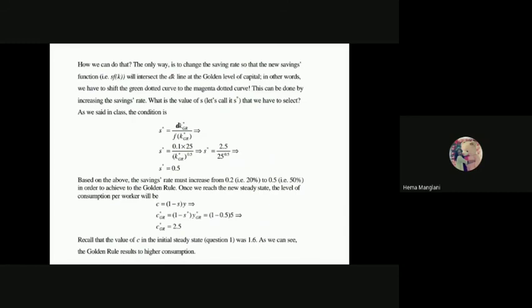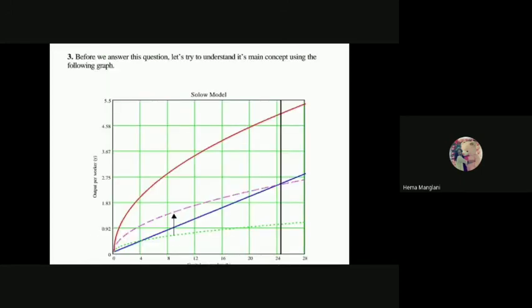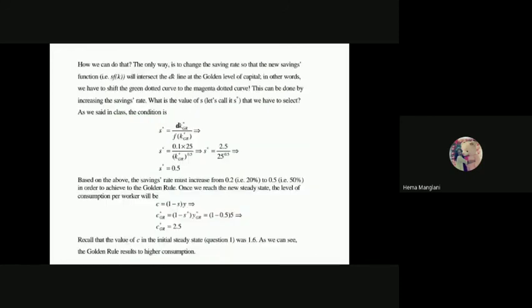So we know that SFK equals DK. This function I can reformulate like that, because SFK equals DK, and now this K is your K GR. So which capital are you utilizing? The capital you want to utilize is your K GR, that is 25. So I would write everywhere this K star GR and K star ZR. So my function would be SFK star GR equals DK star GR. Just rewriting the expression would look like this.